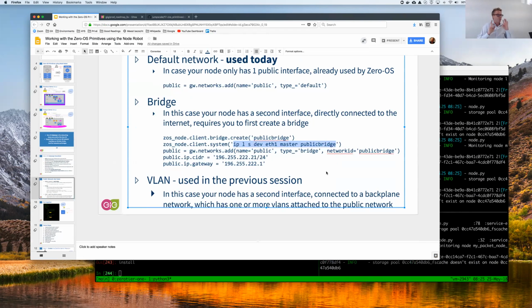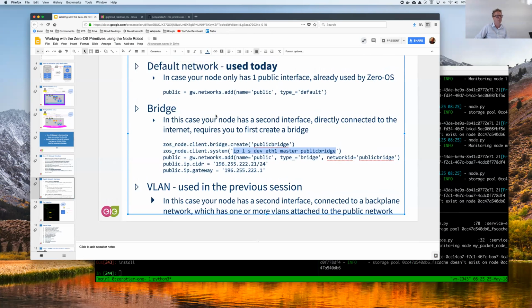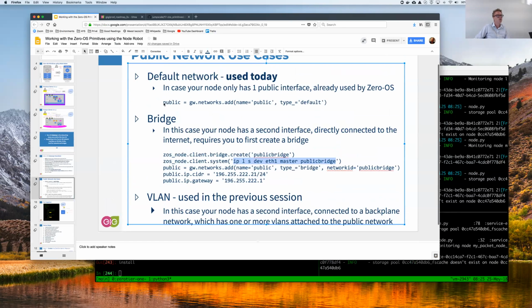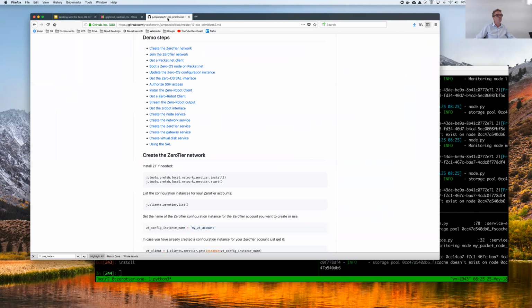Okay, perfect. So we'll certainly come back to that. And in a way, even if you don't understand everything today, it's not a problem, because we'll use the most simple approach today, which is basically using the IP address provided by Packet.net. In the script, I didn't put the steps in